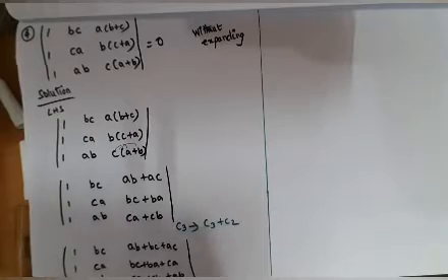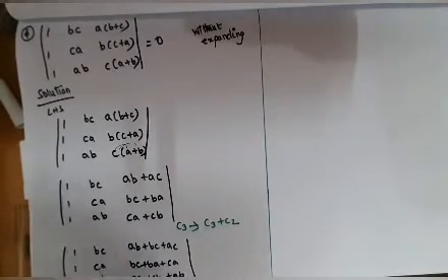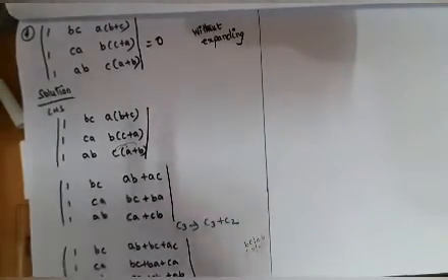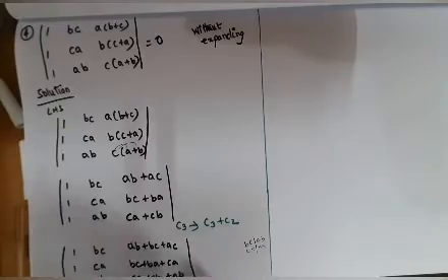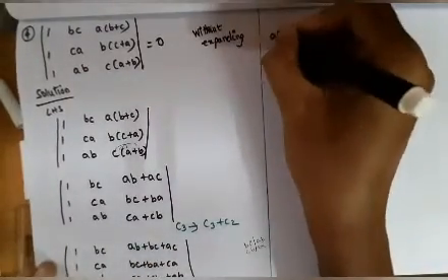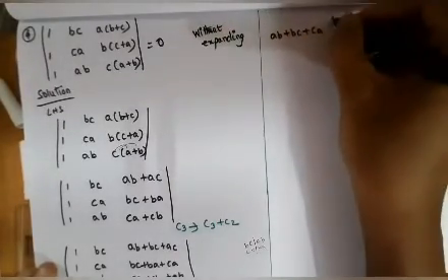So now you see here AB plus BC plus CA. This is also AB plus BC plus CA. This is also AB plus BC plus CA only. BC and CB, AB and BA are all the same. So now I am taking AB plus BC plus CA as common and taking it outside.